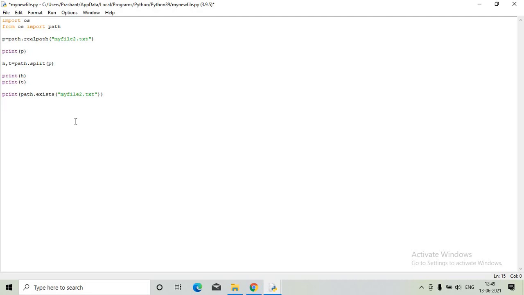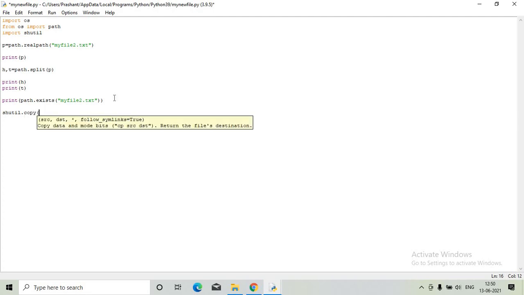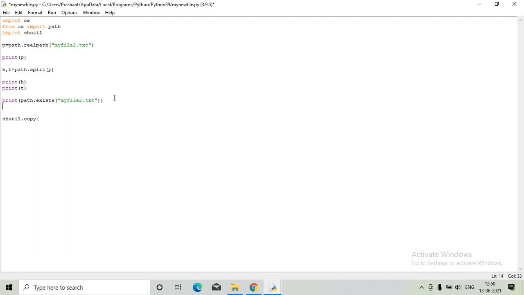How to copy this particular file from one directory to another? I want to create a new file and copy this. So how to do this? shutil. We have shutil, where you can import this particular module before doing the operation. shutil.copy. What is the format here? Destination, source. So what is the destination? The destination is nothing but the path name. We are going to take the same thing, the head information, and we'll try to append this.